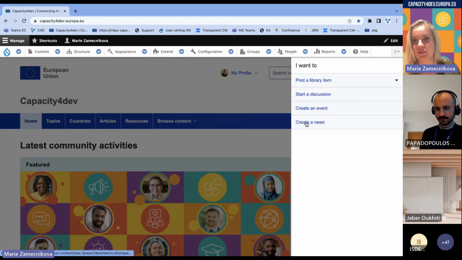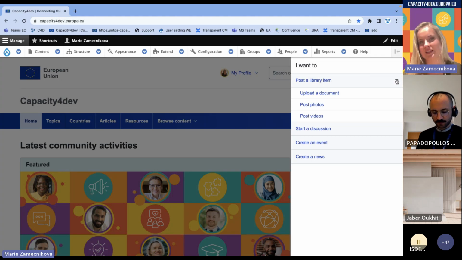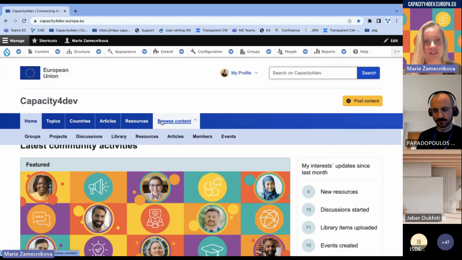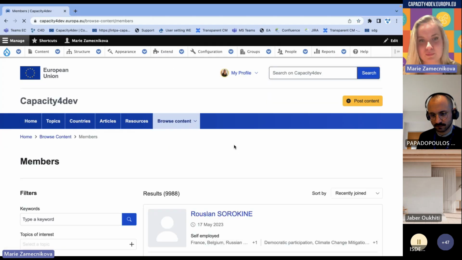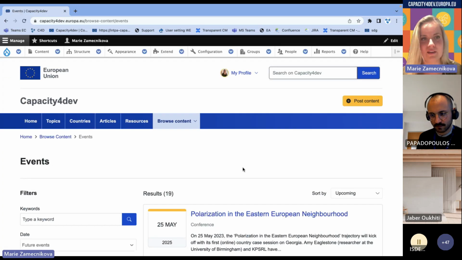This means create news, create an event, start a discussion, and post a library item. Library item also includes photos, videos, and documents. As I said before, now it's merged. We don't have media anymore in the group, so this is why you have these subcategories here to post the content as such. And then I would repeat myself if I would go through the library articles, also the big list of all members on our platform here, which you can filter, or the list of all events